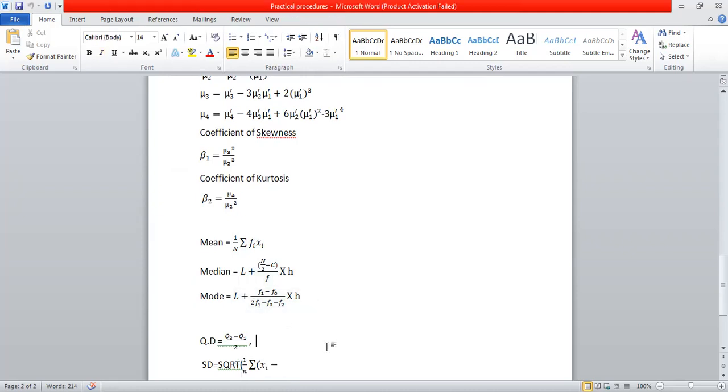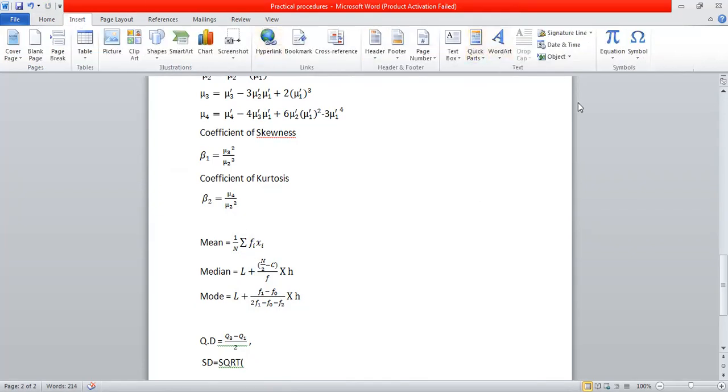And coming to dispersions. Coming to dispersion, first we have quartile deviation and standard deviation. Quartile deviation formula is Q3 minus Q1 by 2. And coming to standard deviation, what is the standard deviation formula? Square root of 1 by n